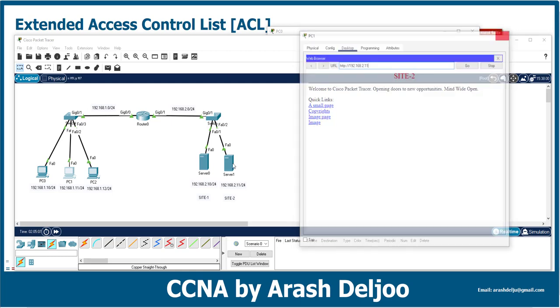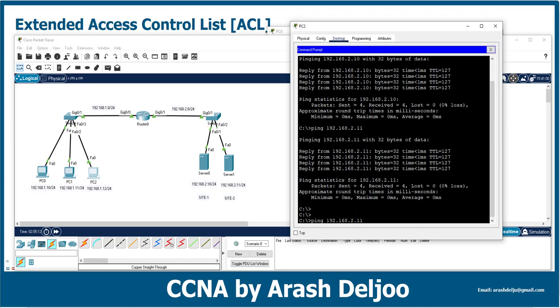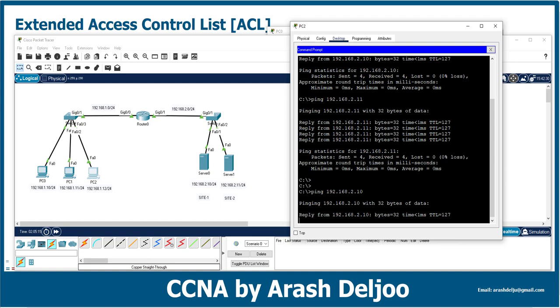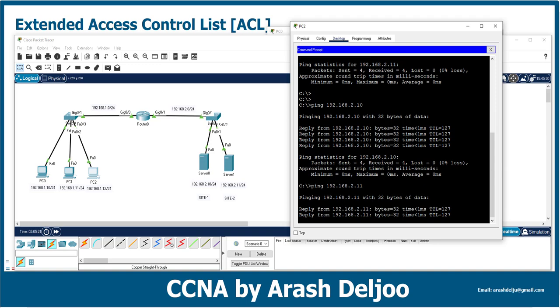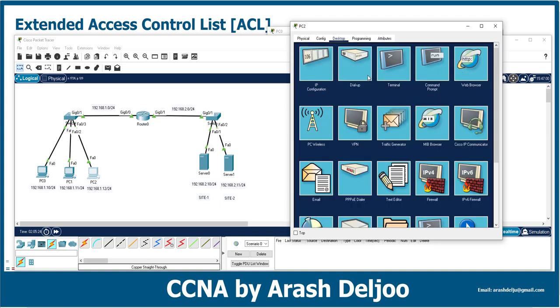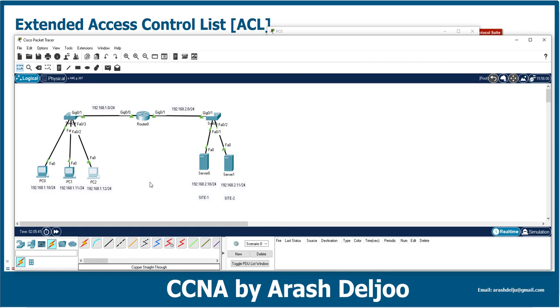Okay, let me verify the status of PC2. The PC2 can send ICMP to the server 0 and server 1. Ping 192.168.2.10, we have connectivity. And also ping 192.168.2.11. Again, we have connectivity. So easy. And after that, from the web browser, 192.168.2.10, as you can see, we don't have connectivity to site 1 and also site 2, the server 1. Because of that, now we can configure the extended ACL with more detail. You know that here I have used the IP address for browsing the site 1 and site 2. Let me